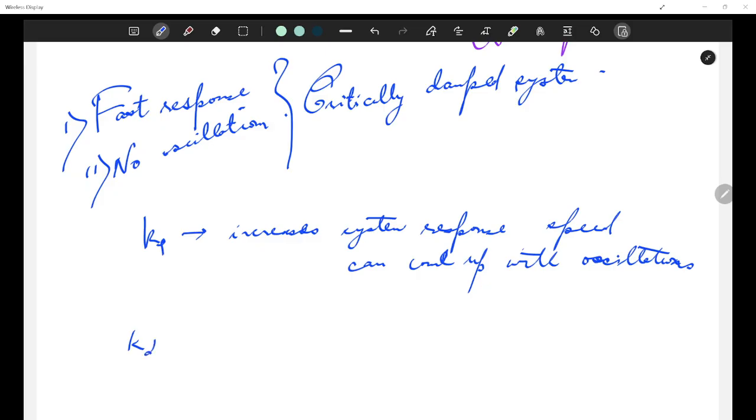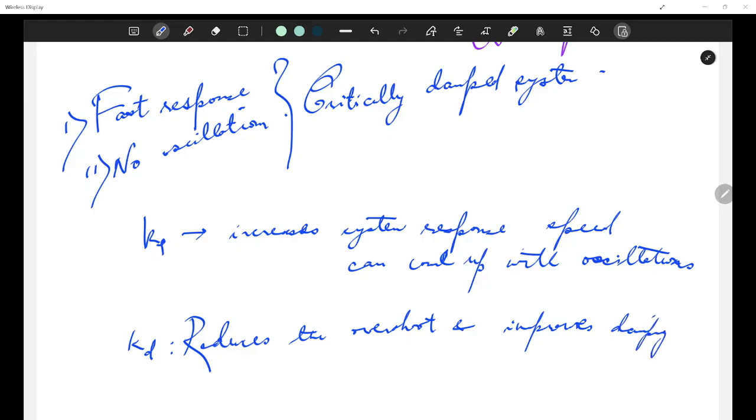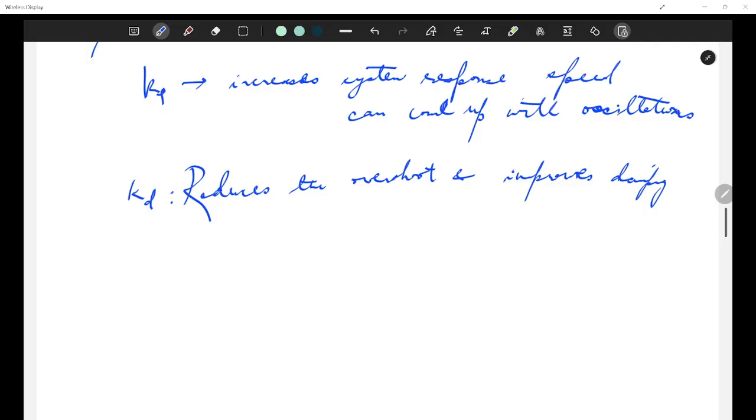And what does Kd do? It reduces the overshoot and improves damping. So when properly tuned, a PD controller achieves critical damping, meaning the system reaches its final value as quickly as possible without overshooting. That is what we want for the robot.